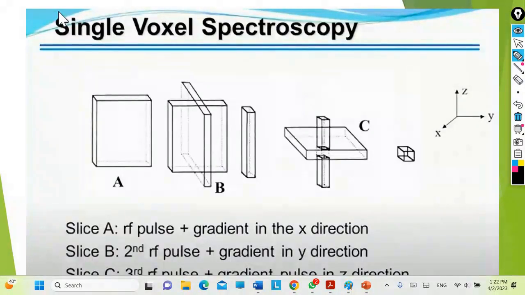Of course, you want to see the concentration of N-acetyl aspartate, choline, and creatine within your tissue, within your tumor, within the lesion you are seeing, so it gives you a spectrum. This spectrum that I presented to you a little while ago